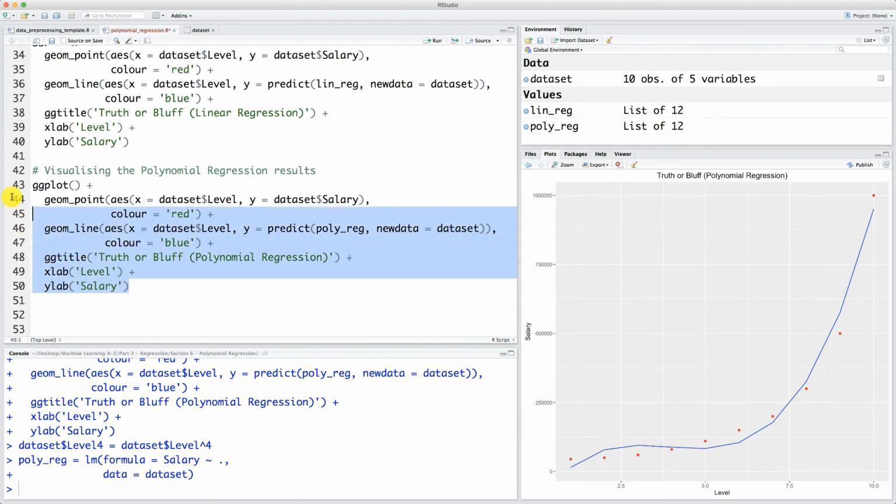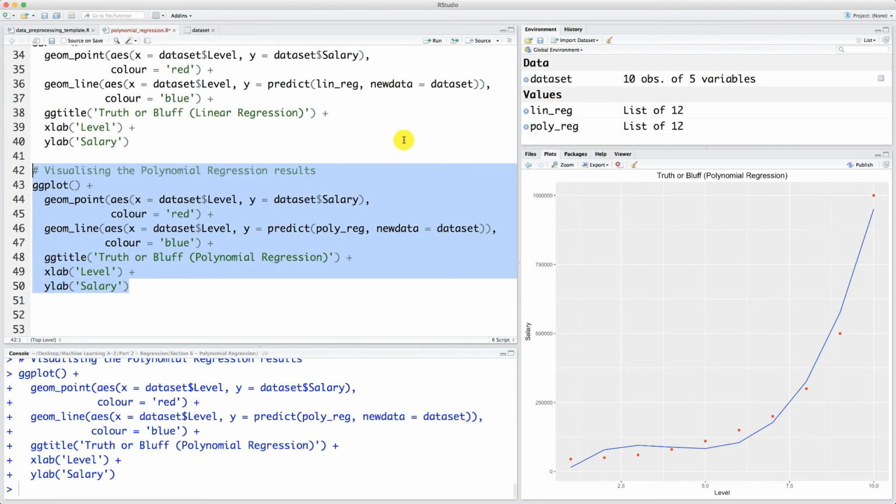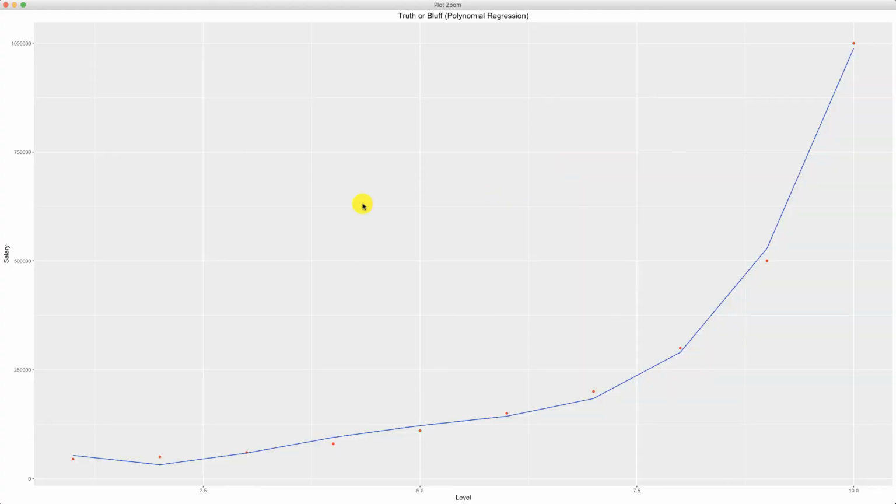So I'm going to select this and execute, and here are the polynomial regression results for a polynomial regression model with a 4th degree. As you can see, we can zoom on it if you want. The line is actually strictly passing by all the red observation points, and now the CEO